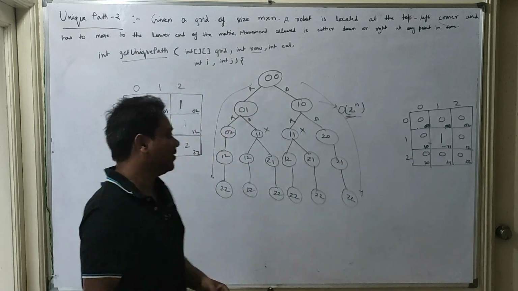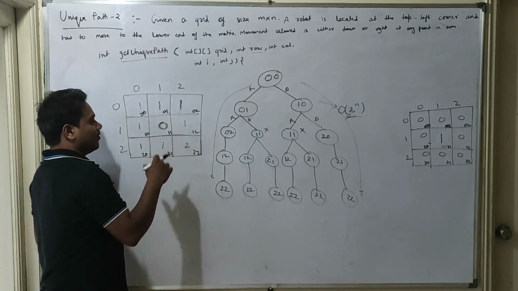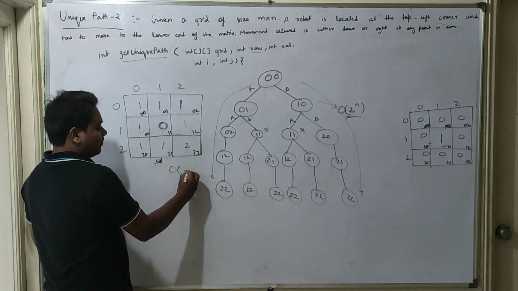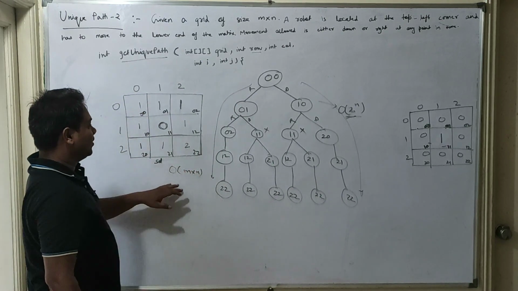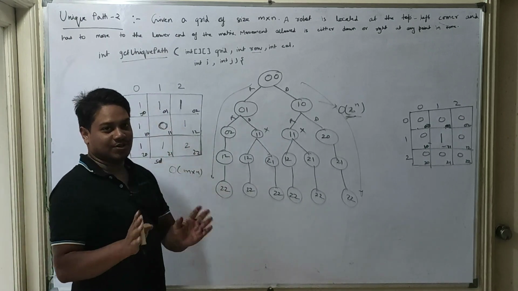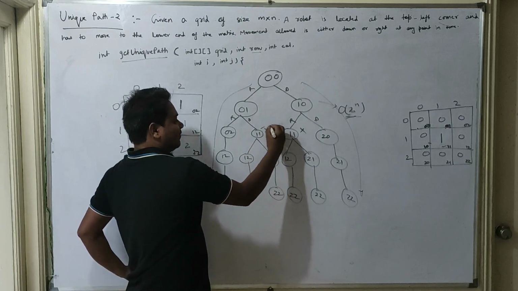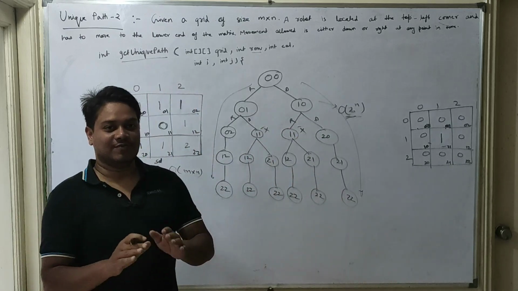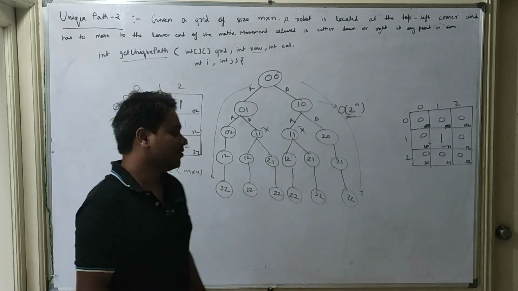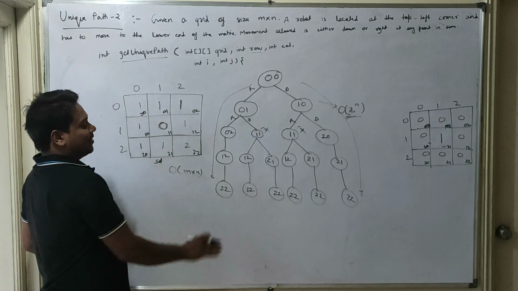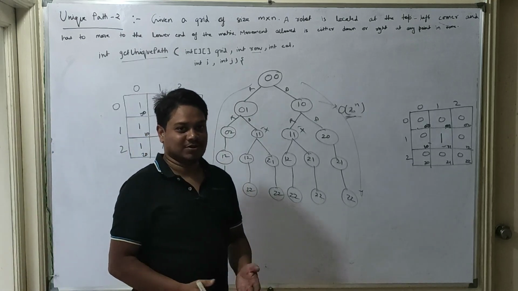But if we are saving or caching the previous solution, then the time complexity would be m cross n, because it will only scan a particular cell once. It will not calculate 1 1 again and again as it is doing in this scenario. It will only calculate 1 1 once. So that is why it can maximum cover the entire matrix. So that would be the time complexity.